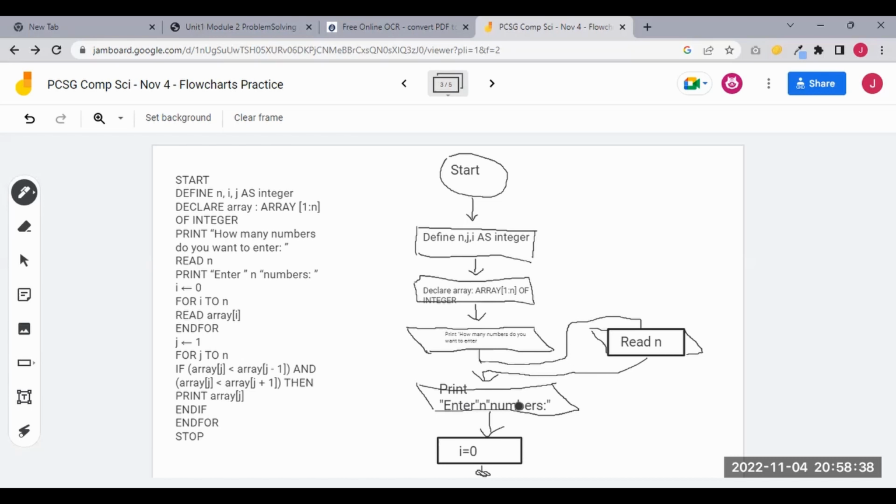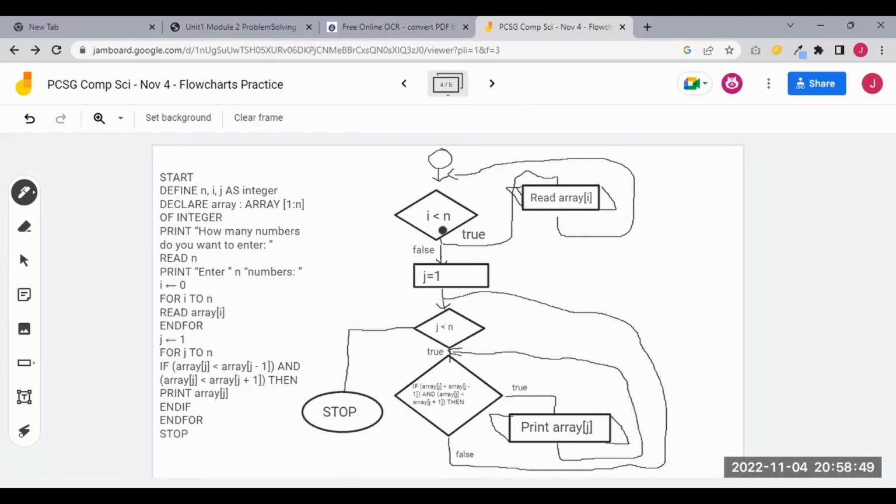Print n numbers, and then here it initializes i equals 0, and then tests the condition. So if i is less than n, then it will read array i, come out, retest the condition, and if it ends up being false, it'll then come out here, print,